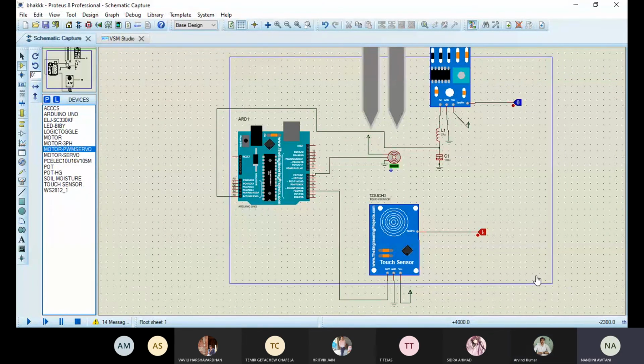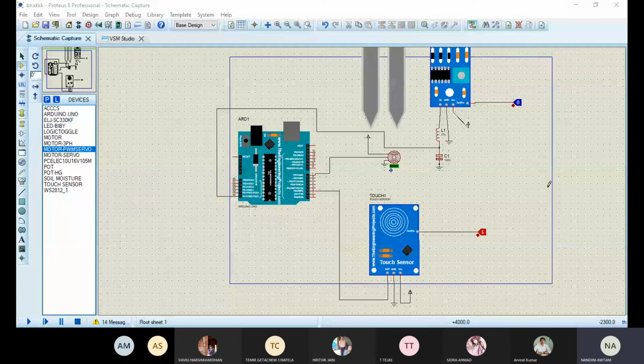So, in the hardware methodology, we aim to segregate the dry from the wet waste and push each of the trash into appropriate containers. For this, we have taken a touch sensor. When only the touch sensor is high, it will detect that we have dry waste, and it will push that waste into a separate container. But if the touch sensor and moisture sensor are both high, that depicts that we have wet waste, so it will push the trash into another container. We will be implementing this using the Arduino, and we are doing it on the Proteus.